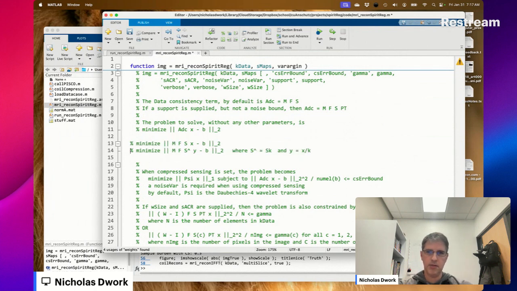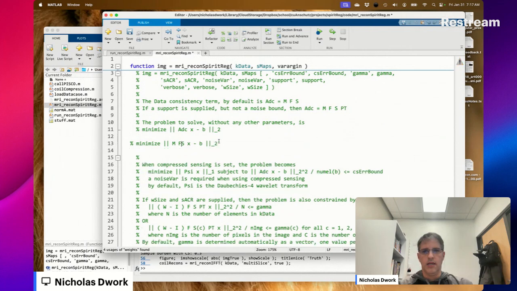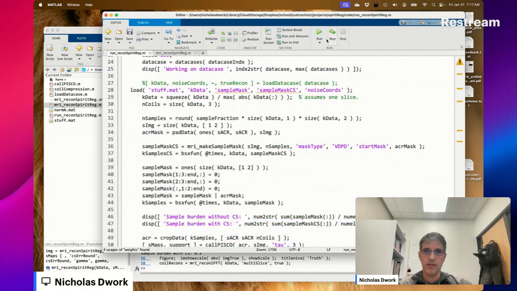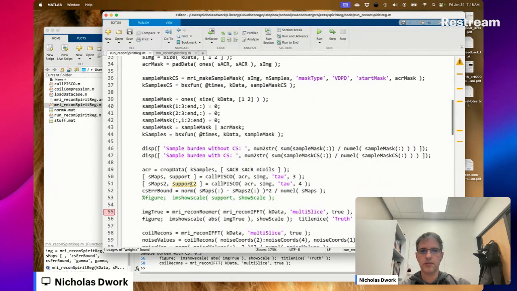There's a scaling ambiguity. And if we're going to be measuring the difference in the sensitivity maps, then maybe we should normalize them. We, of course, normalized the K-space data. Possibly PISCO's already normalizing them.